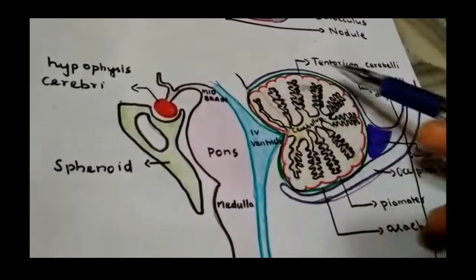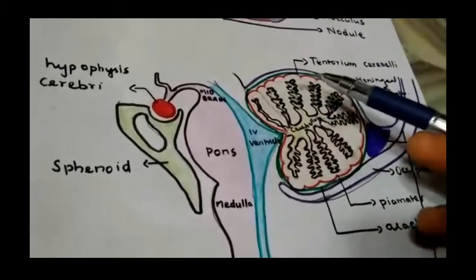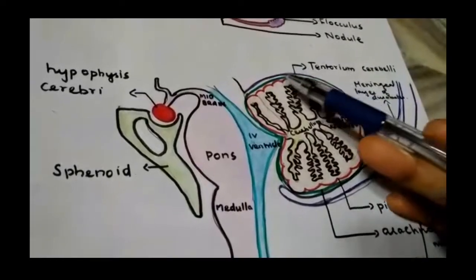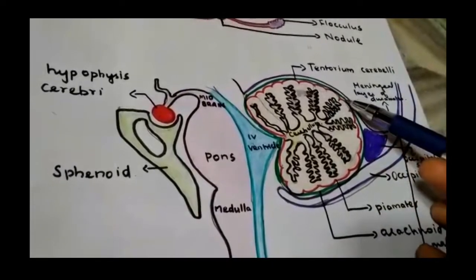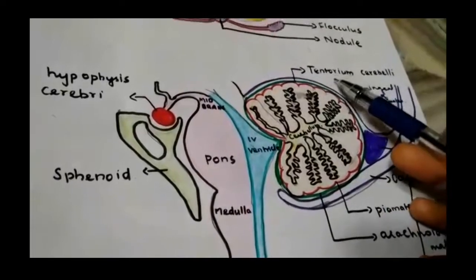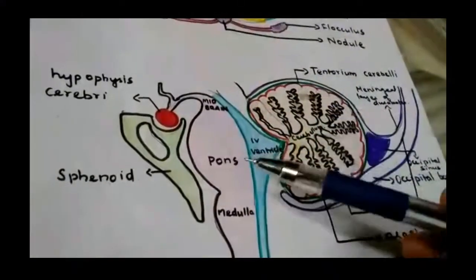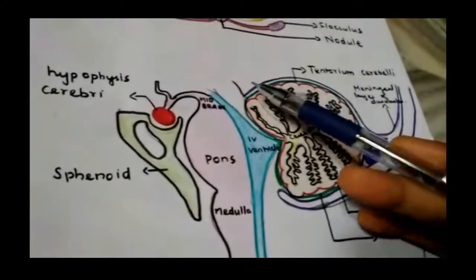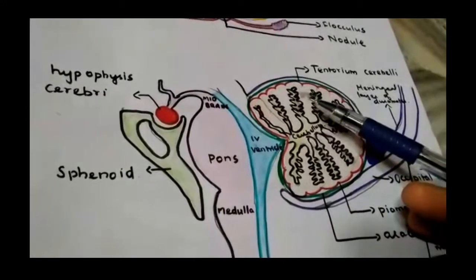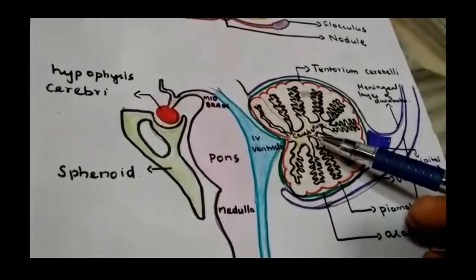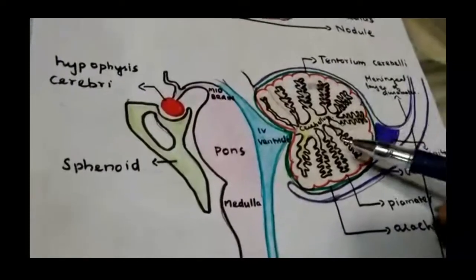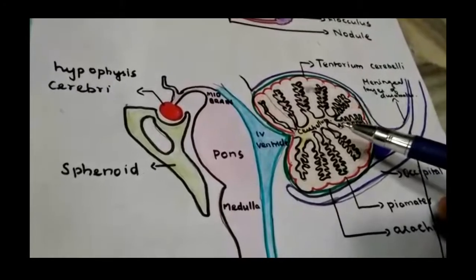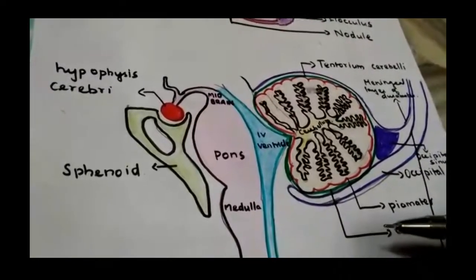It is an infratentorial structure. Infratentorial means, see, this is the tentorium cerebelli. The dura mater has four folds, and the tentorium cerebelli is one of the folds of the dura mater. It divides the cranial cavity into supratentorial and infratentorial compartments. The cerebellum comes in the infratentorial compartment, and its main function is to maintain the tone, posture and equilibrium of the body, and it also controls the same side of the body.